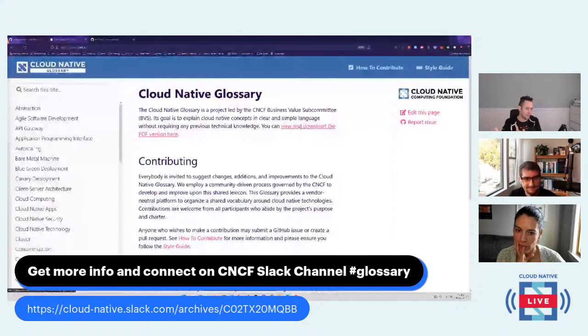I haven't even dug into the PDF function enough to know whether it's a static one or a new one every time. But anyway, it's static, so there we go, and it's old. It still has the first 25 terms. So that's an area that could use some improvement. If you have an interest in it, we'd love to get your help so that we can make it look the way you want it to look.